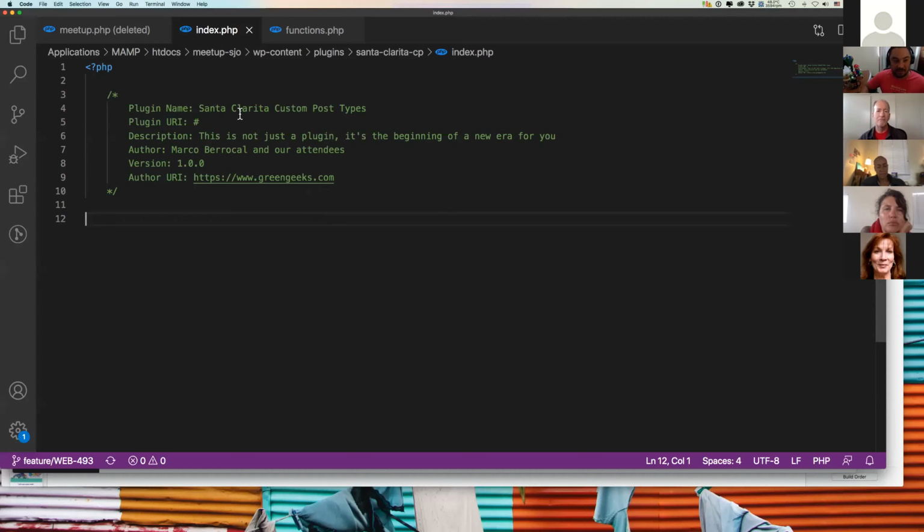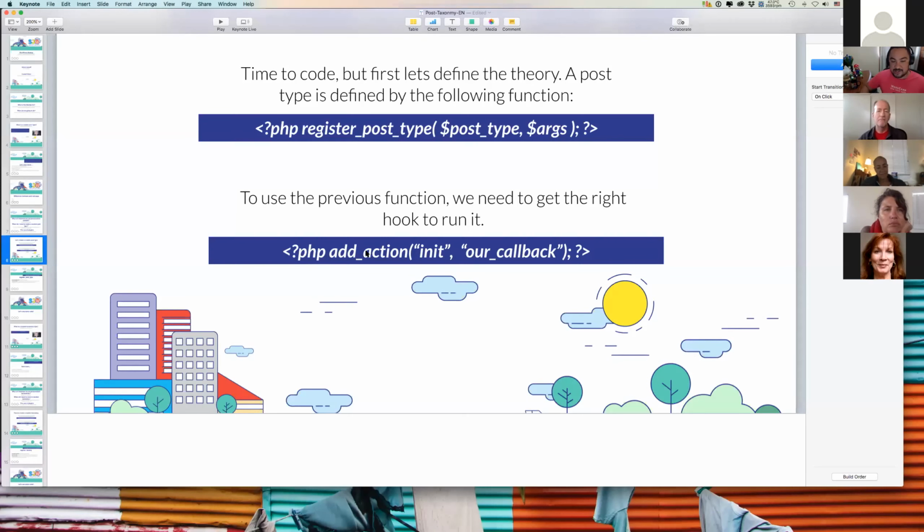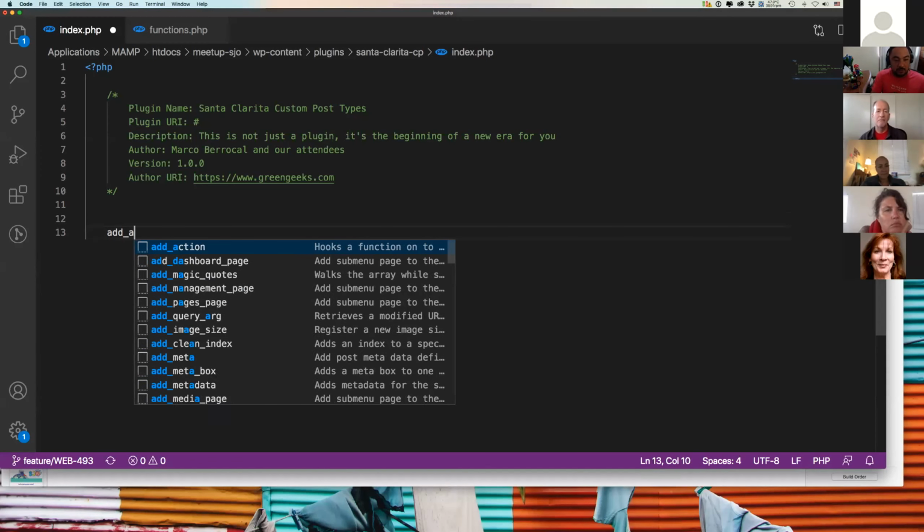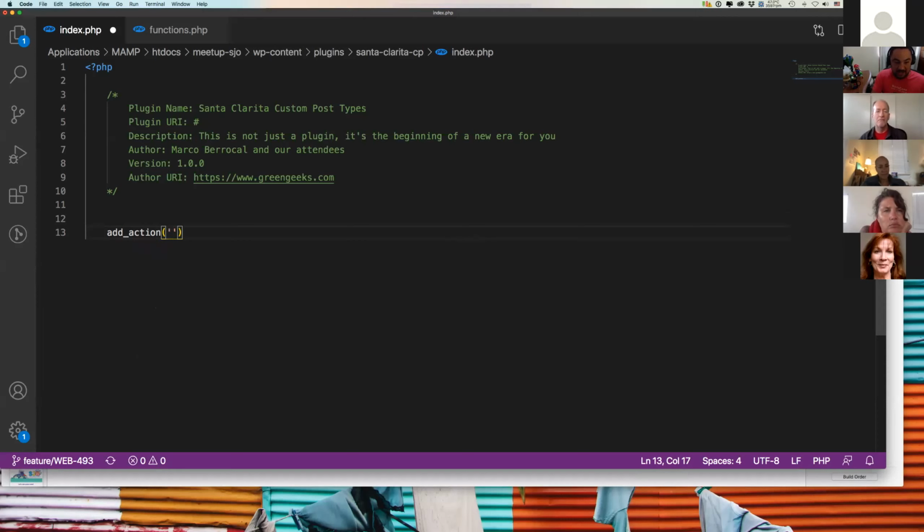So let's get going. Let's go back to our slides, and we said, okay, we need to tap into the init action and execute our callback. So let's do that. We're going to come over here, and we're going to do add_action, and we're going to do init,